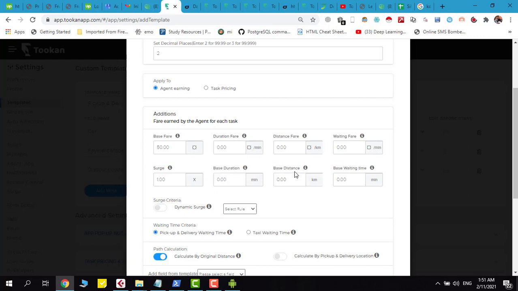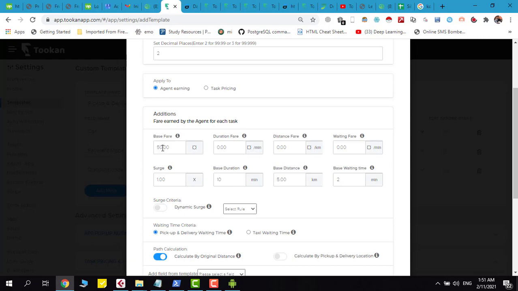Suppose for the 50 rupees you cover 5 km, so up to 5 kilometers you won't charge anything beyond 50, and covering that will take at most 10 minutes, and when you reach the destination you allow the driver to wait for 2 minutes. So these are the three things you provide the customer in the base fare.